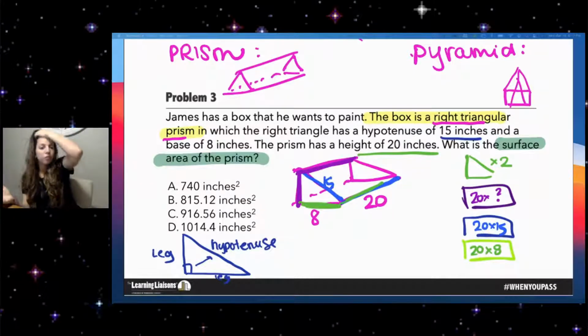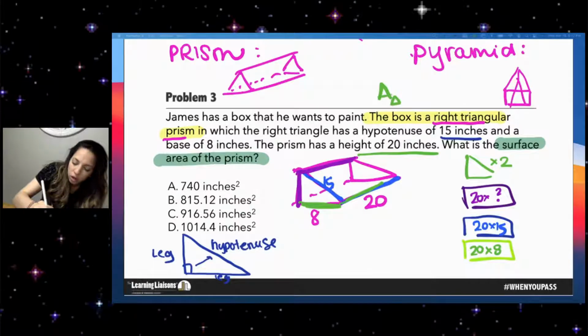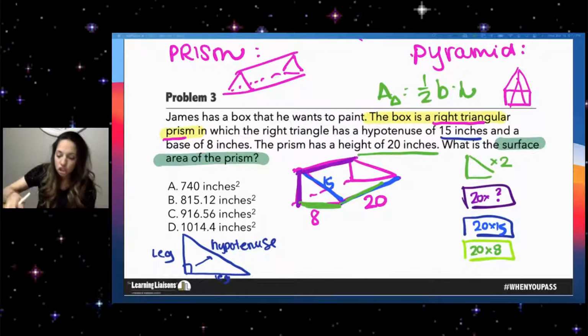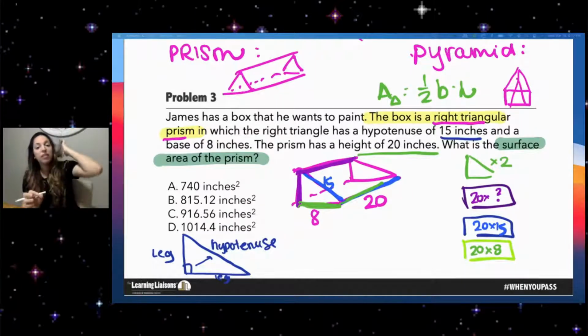What's the area formula for a triangle? Area formula for a triangle is 1/2 base times height. So I have my base, but I do not have my height of my triangle. Now, K through 6 people, they would give you the height of the triangle. You do not have to use Pythagorean theorem. I do not believe. Check your blueprint, but I do not believe that there is